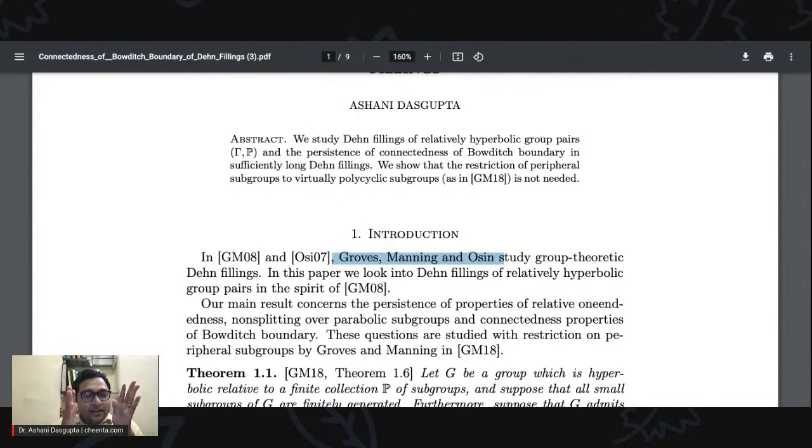Remember, we started with a group pair where G was a group, and then we specified some of the subgroups of the particular group G. Those subgroups, the ones we specified, are called peripheral subgroups. Now, in group theoretic Dehn fillings, we quotient out those peripheral subgroups by certain normal subgroups of those peripheral subgroups. In a way